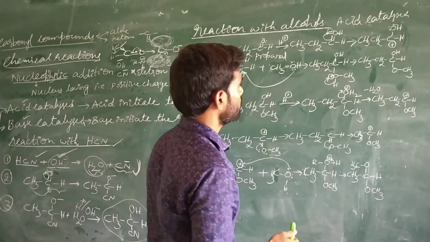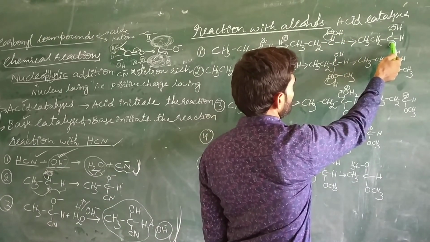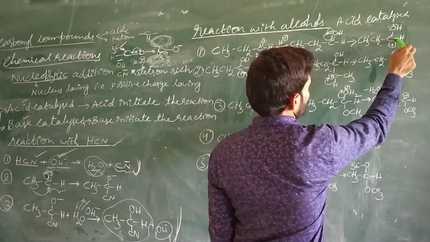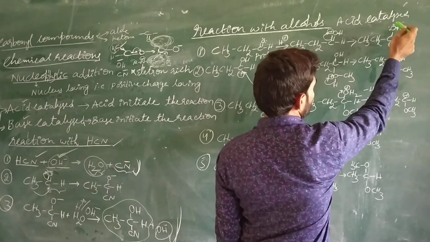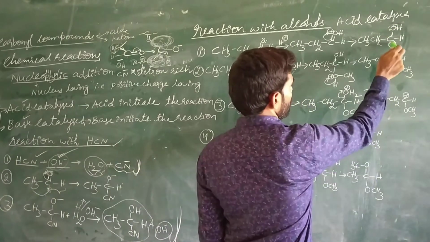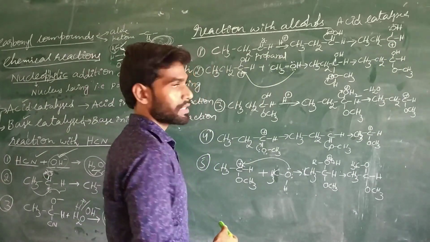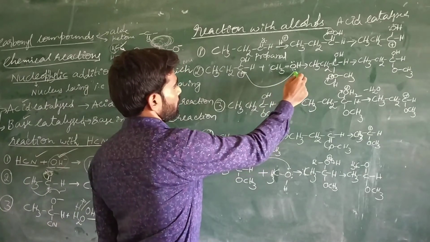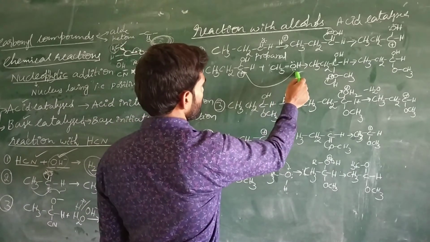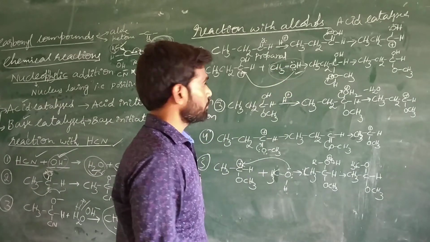Now when these pi electrons are shifted towards the oxygen atom, carbon is getting positive charge. Carbon 1, 2, 3. Now oxygen has only 2 bonds, because with one bond hydrogen is attached, with another bond carbon is attached. But here the carbon has positive charge. Now the positive charge on carbon reacts with the alcohol. In this case, oxygen is reacting. This is methanol. I have taken methanol.